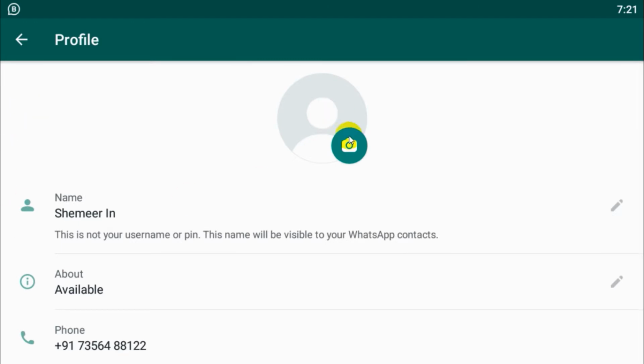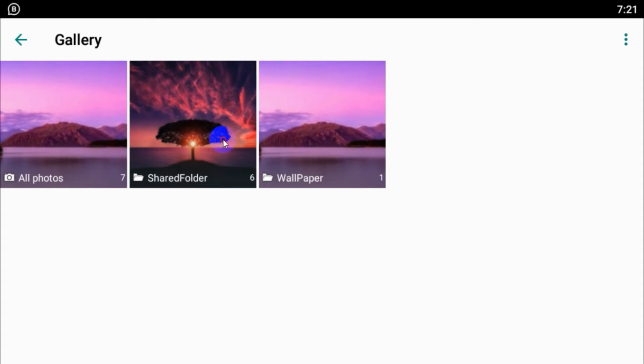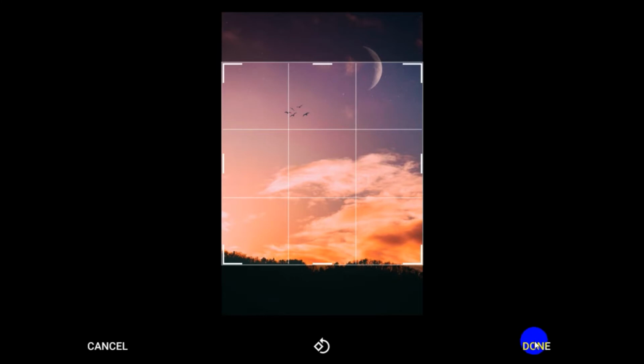You can see right now I don't have any profile picture, so let me add a profile picture first. Go to the gallery, share folder, and let me choose one of the pictures that I have. Click on done